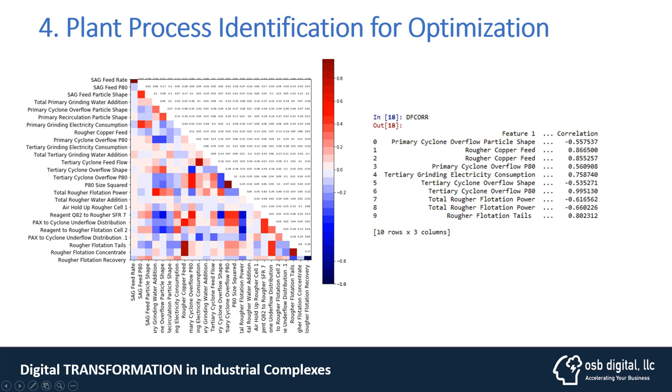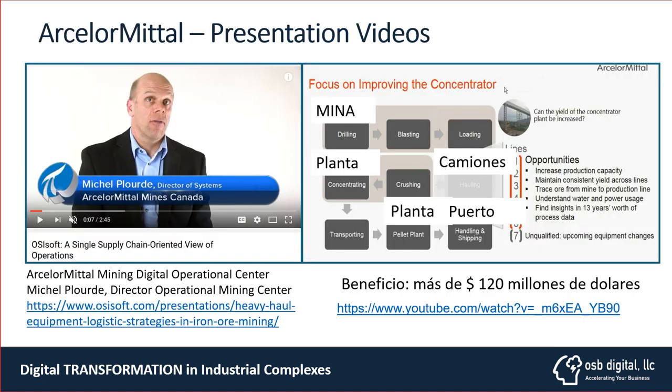obtaining, what is the right level of each bank to get the right turbulence, so we have the maximum flotation possible, so we understand what are the variables and what are the settings that we need to do for our process control system. This is a case study from ArcelorMittal.